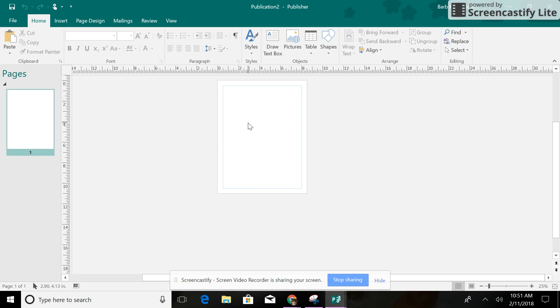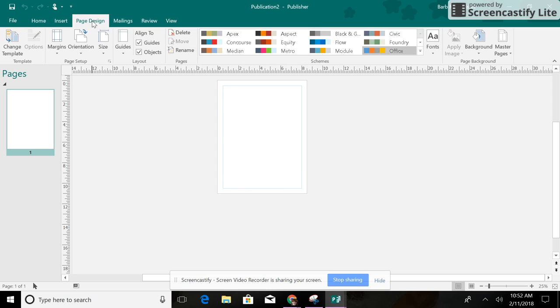Some people use a picture. Some people want a design. Some people use just plain colors. That is totally up to you. This all starts out by going up to the top. This is called the ribbon up here. Go up to the top ribbon, click Page Design, and if you click all the way to the right where it says Background over here,